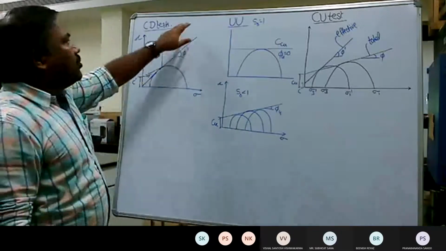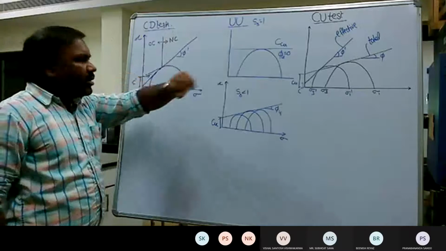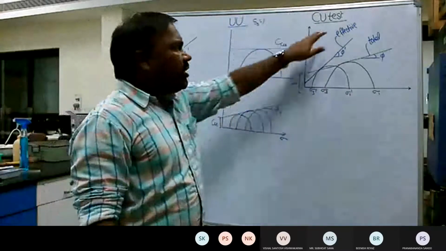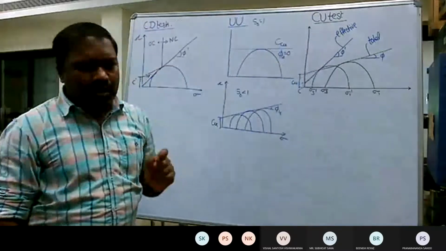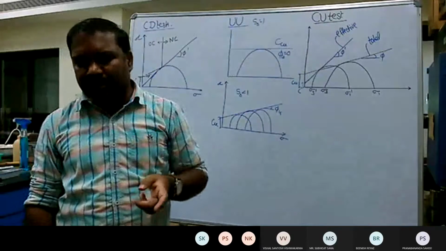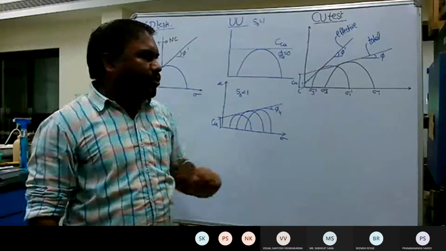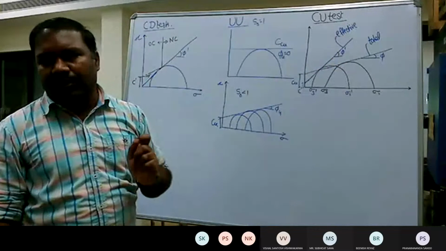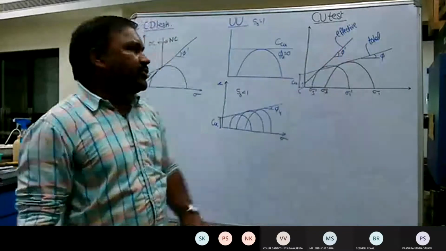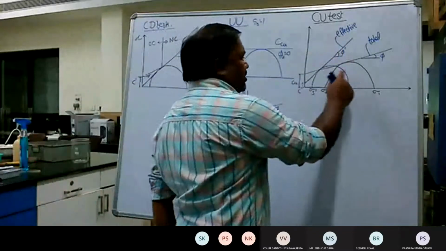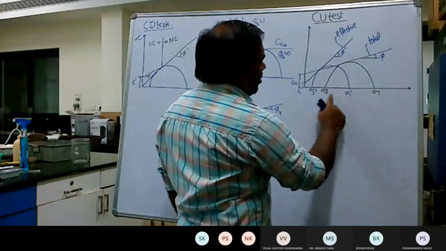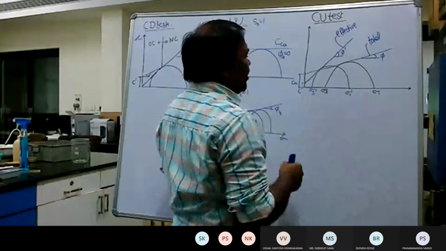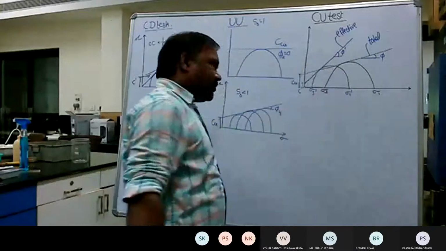Okay, now this is the initial condition. Now from UU, you are moving to the consolidated undrained test. In the consolidated undrained test, you allow drainage only during consolidation, but during shearing the valve is closed. As a result, you get the shear strength parameters both in total and in effective form. Both you will get. Here you can see the Mohr circles drawn in terms of total stress as well as effective stress. So Cu and phi u, and C' and phi'.